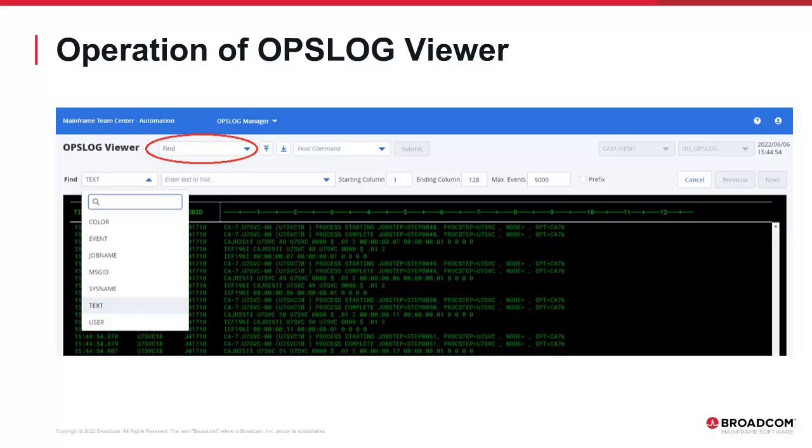The Max Events field allows you to put a limit on how many records should be searched before stopping the search process. The Prefix checkbox allows you to specify whether or not the search string should be at the beginning of the text found in the selected event message field. If selected, the event message will only match if the specified text is at the beginning of the selected field. This prefix checkbox is only available if one of the following event message fields is selected: job name, message ID,